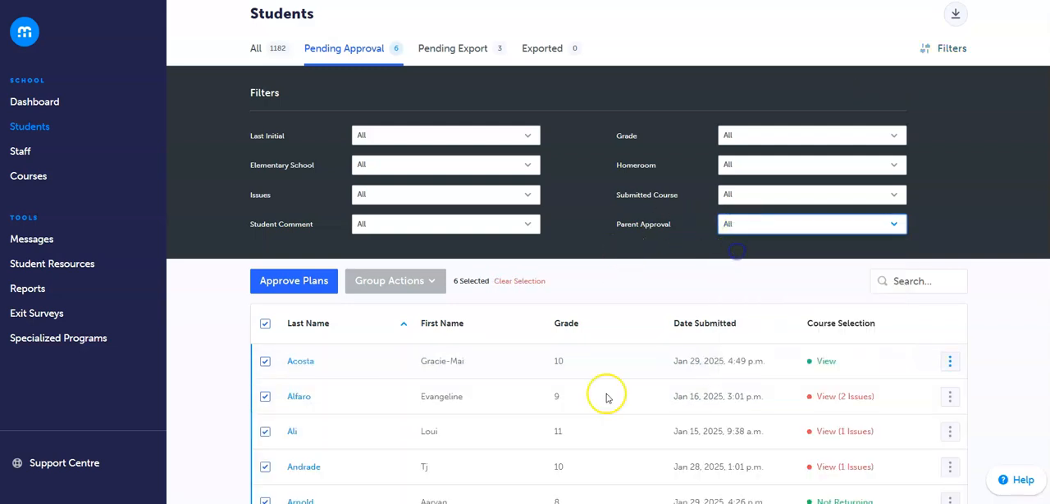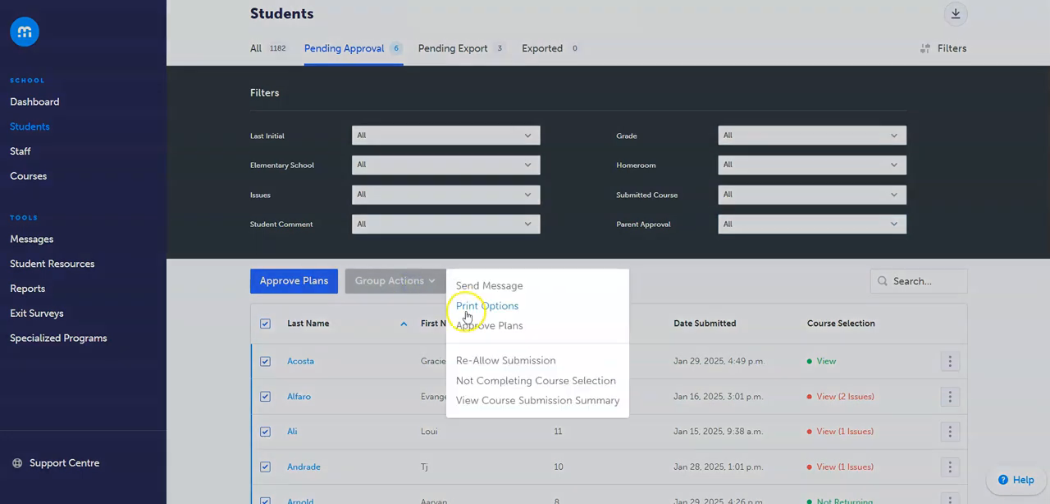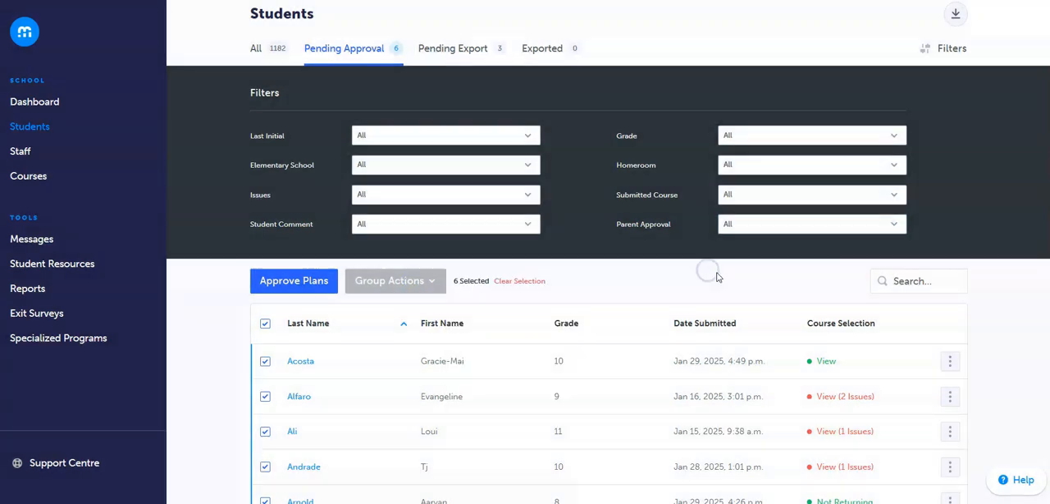That will generate that full list of all of those students, and then we're able to hit group actions and then print options. So that's a really handy way to filter students to get all of those submissions that have online learning opt-out. I mentioned additional options here, so if we wanted to filter by e-learning 1 or 2, we